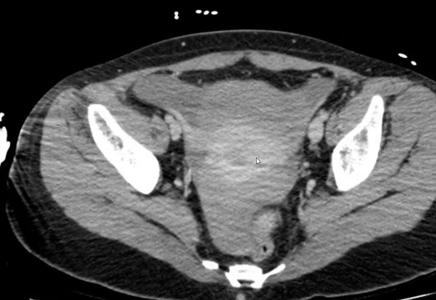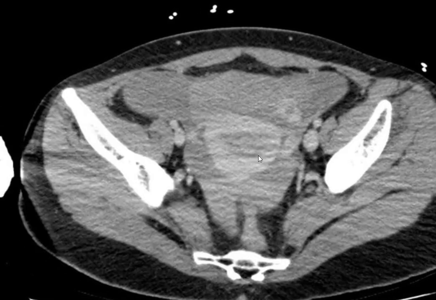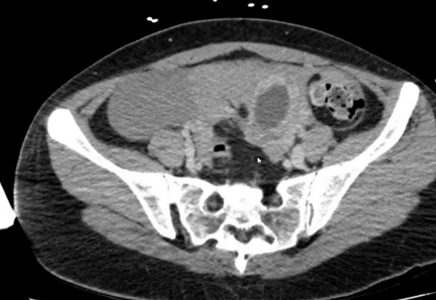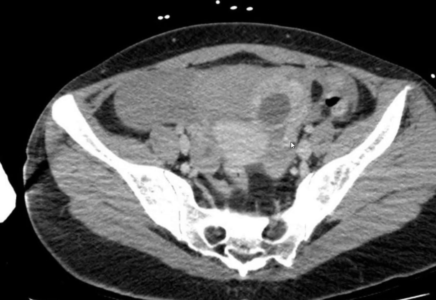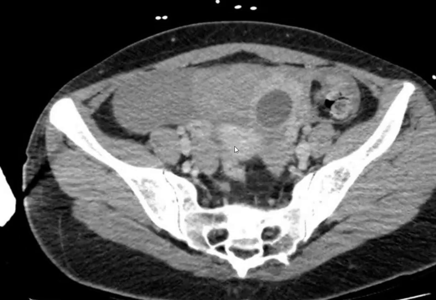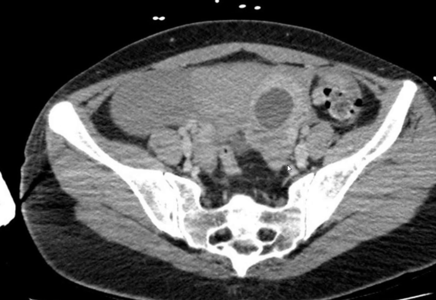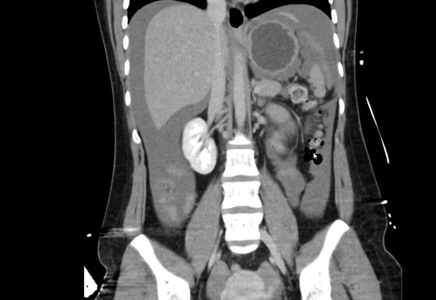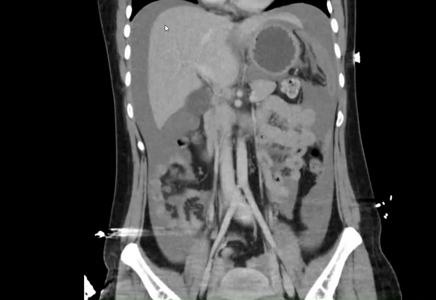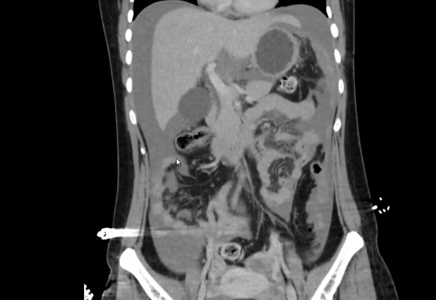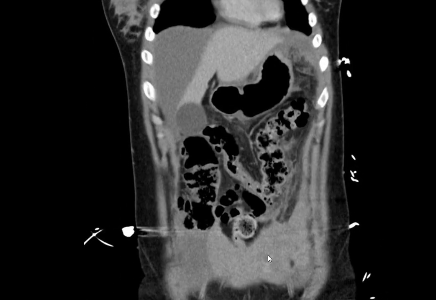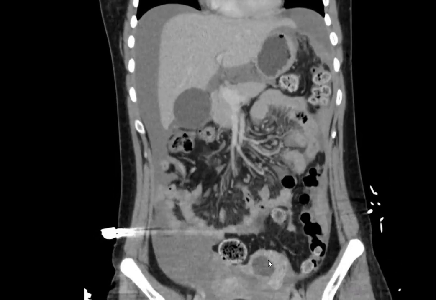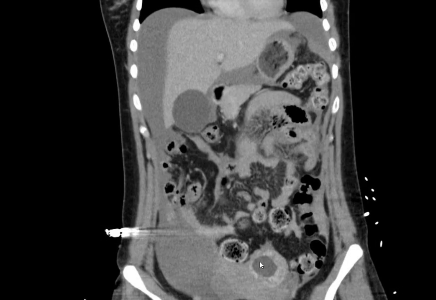So this was the case. We suspected an ectopic, which might be ruptured, and when UPT was done, she was positive. So this was nothing but a ruptured ectopic with hemoperitoneum, mostly a left adnexal ectopic. The same thing was seen on the coronal image. Here you can see the hemoperitoneum going through the paracolic gutter, and in the adnexa we can see the cystic lesion and the sentinel clot around it. This can be a hematoma, as I told, we can't differentiate.